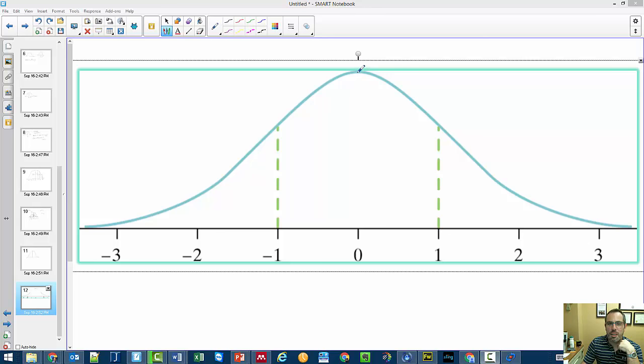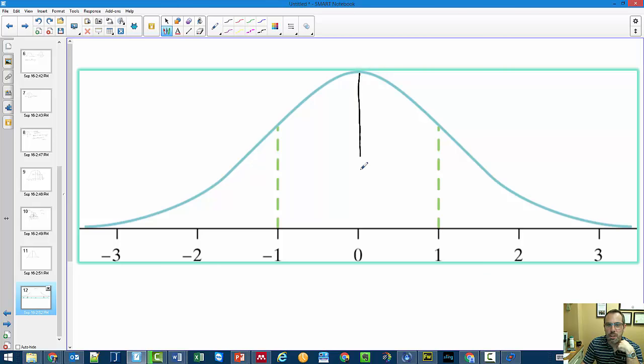Remember, in this normal distribution, the median is right in the middle, and these numbers show how many standard deviations it is in both directions. The book simplifies this a little bit, and this is going to be the 68,